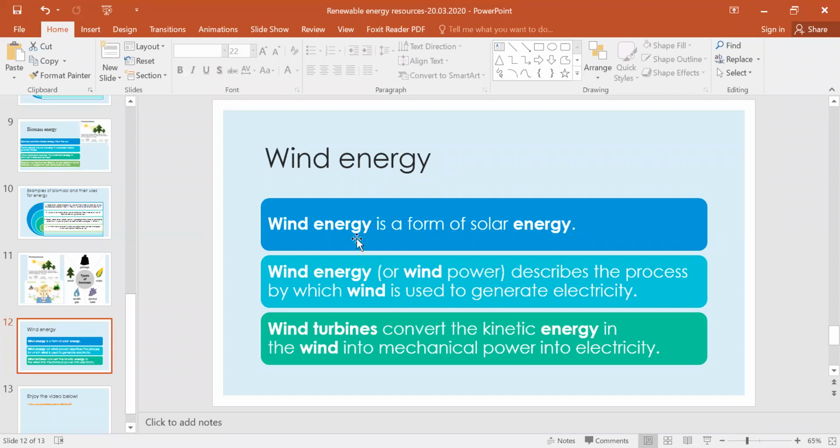All these ones that we mentioned, wind energy, solar energy, biomass energy, hydropower energy, are called clean energy because they are eco-friendly. They do not pollute the air. That's why we call them clean energy, okay? But in fact, they are a little bit expensive to use, which can be one of the disadvantages.